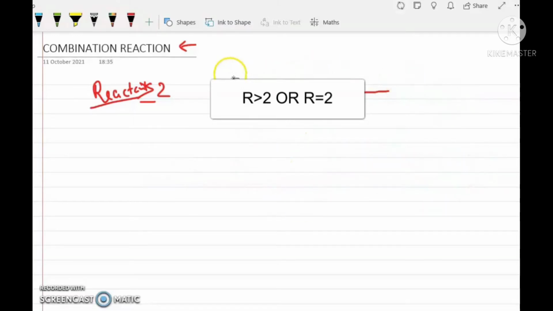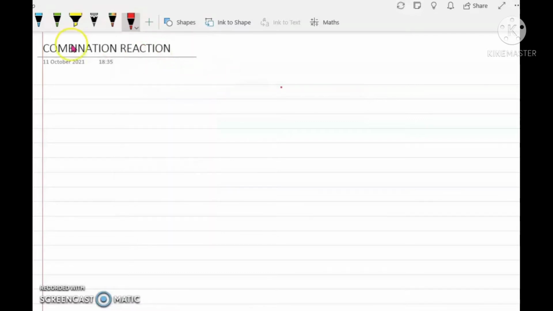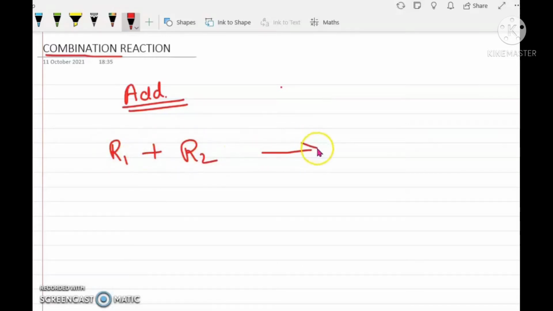Now, after giving you a quick summary of what a reactant and a product are, let's jump back to the combination reaction. See, the name itself is self-explanatory. If you look closely at the name, it says combination. What does combination mean? Very simple: it means adding up of something. And what is adding up over here? The reactants present in the equation are adding up to give you one product.